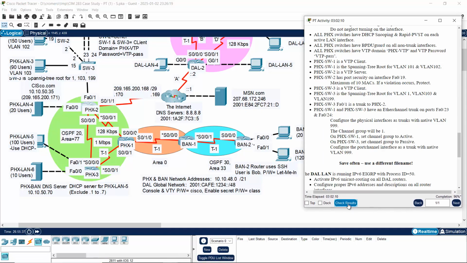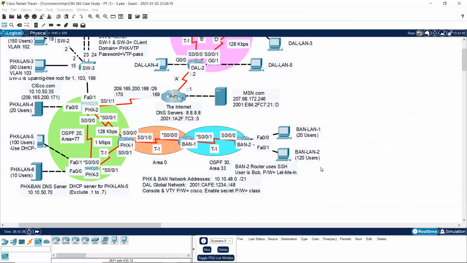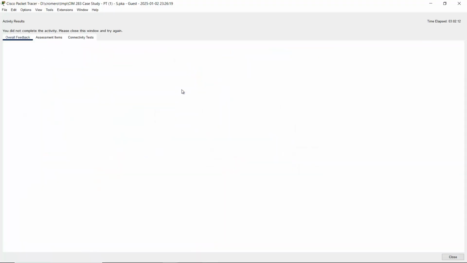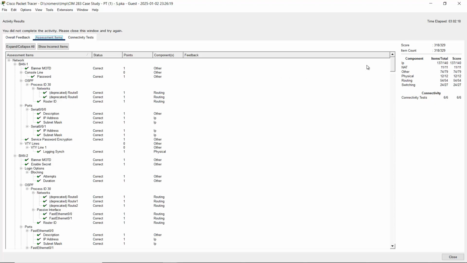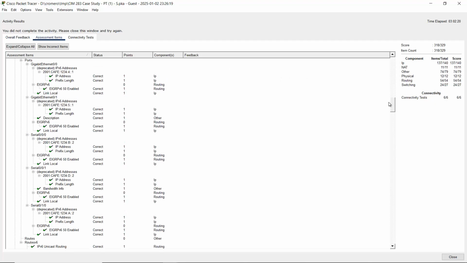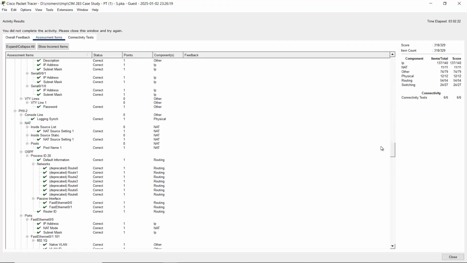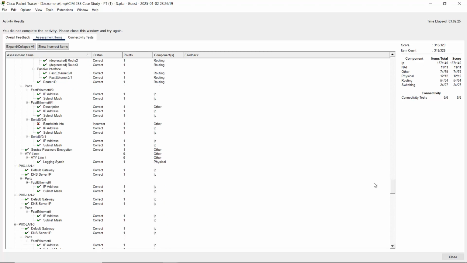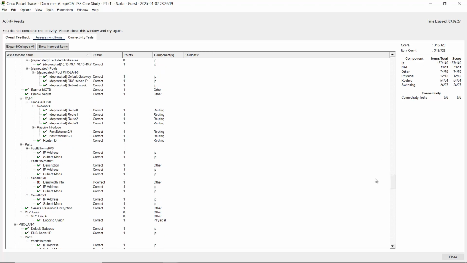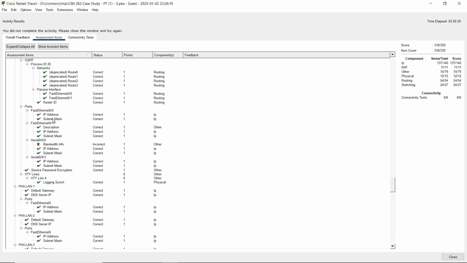Check results. Green. Okay, the bandwidth on Phoenix 3,